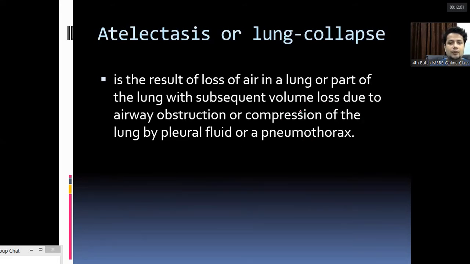So it could be due to airway obstruction or compression usually. There are other types of collapse also, but we should remember these two types. These are due to either airway obstruction. Sometimes if there is obstruction in the airway, then the part of the lung is not aerated, so it becomes small, volume will be lost. Or it may be, if there is effusion or mass, then that may compress upon the lung.